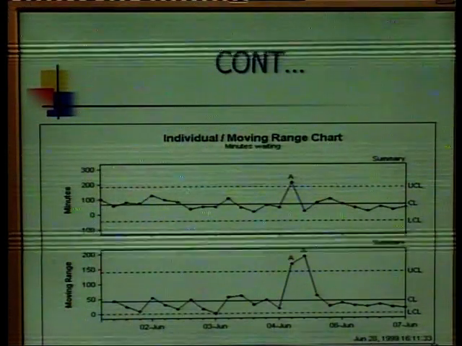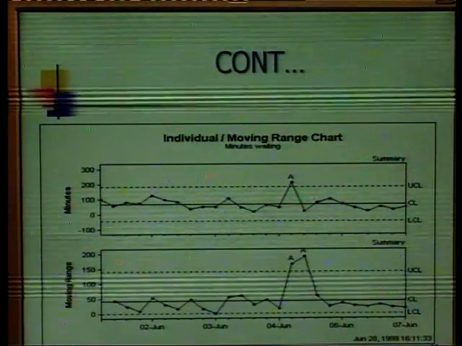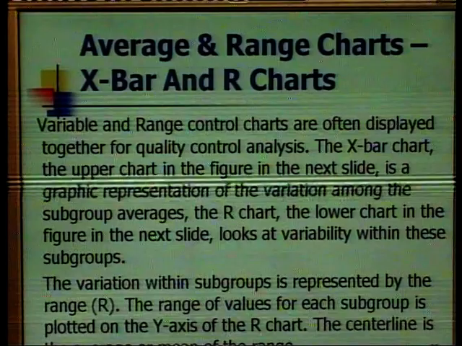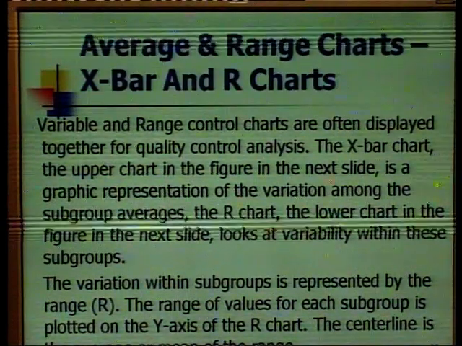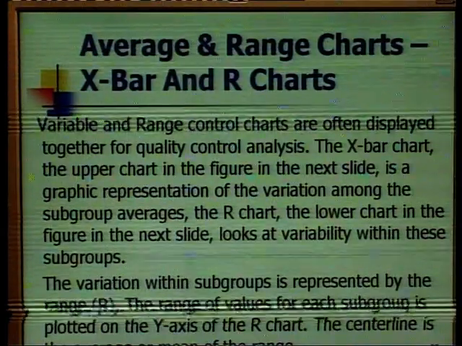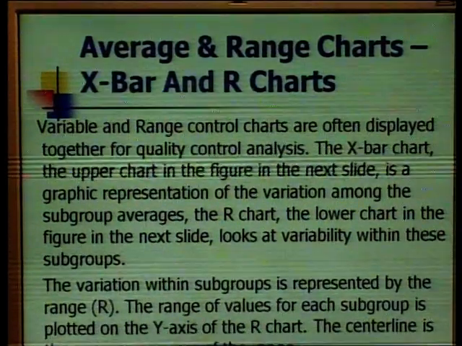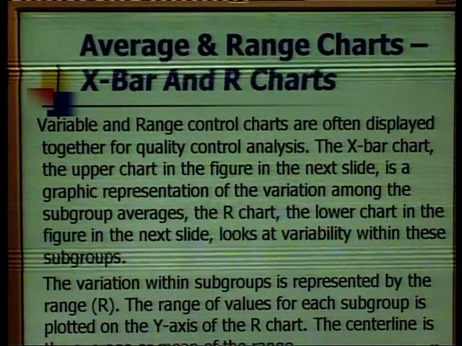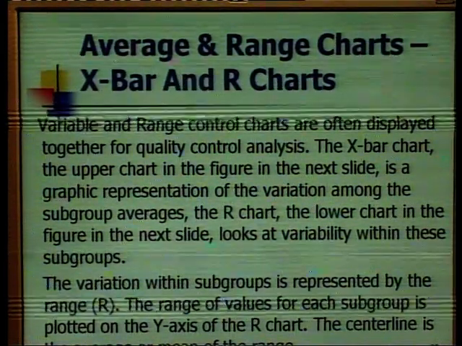So, the first one is the individual range chart, and the second one is the moving range chart. Next one is the average and range charts, meaning X bar and R charts. A variable and range control chart are often displayed together for quality control analysis. Now, the X bar chart, which is the upper chart in the figure in the next slide,